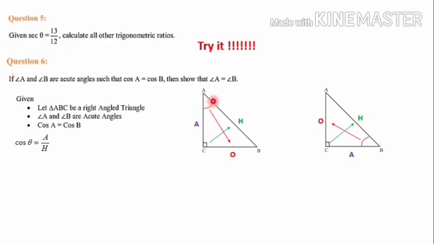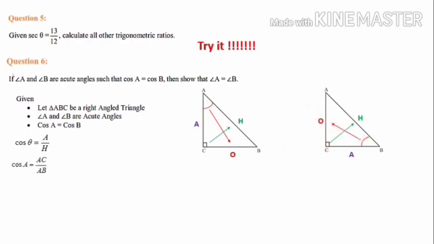In the first diagram A is the angle, cos A is the ratio. Based on A the opposite side is BC. And in the second part cos B, B is the angle, so I have to draw again a diagram. Based on B I have to mark the opposite side. Based on B the opposite side is AC, that is O I have marked. So please note, once again I will tell you, in the first triangle A is the angle, so the opposite side is BC. And in the second triangle B is my angle, so the opposite side is AC.